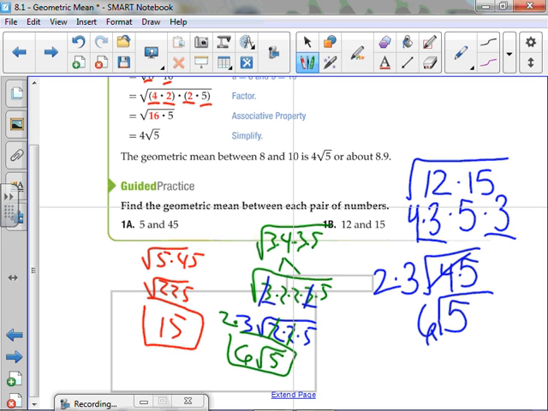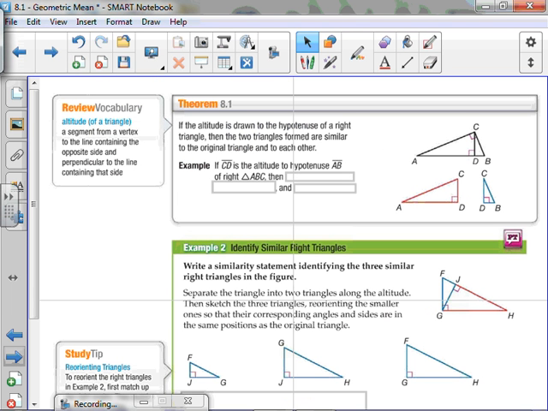Okay? Now we're going to see how this possibly helps us any. We have three theorems today. Okay? Number one, the altitude of a triangle. Anybody remember what an altitude is? The middle. It's the line that goes down from one vertex and touches the other line at a 90-degree angle. Okay, so this right here,